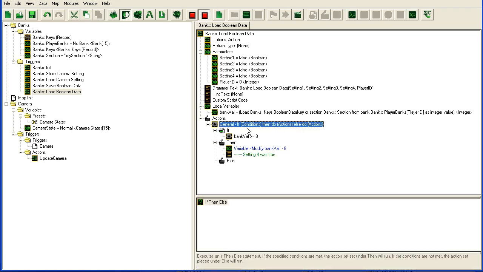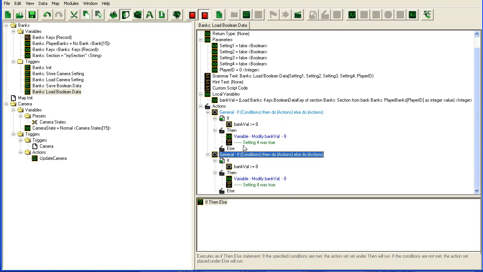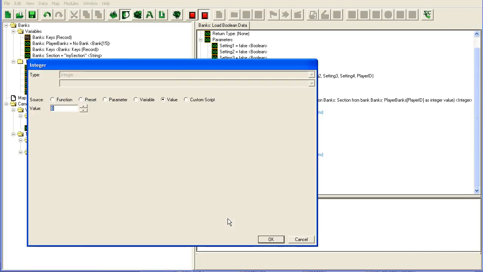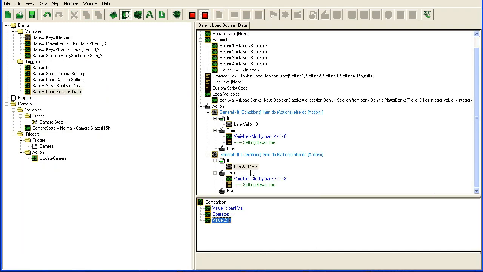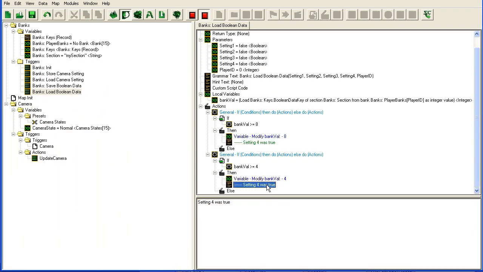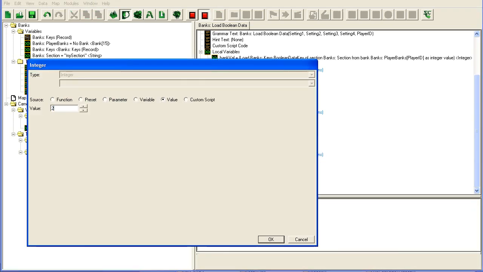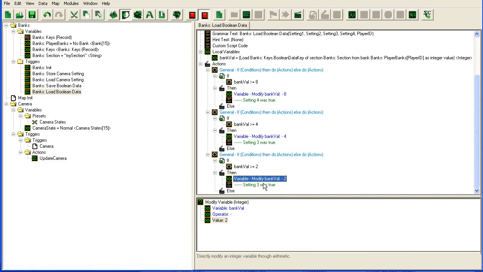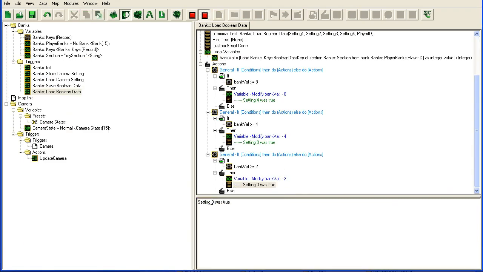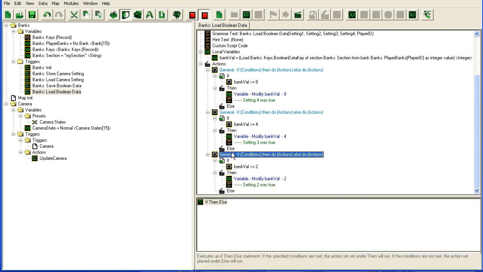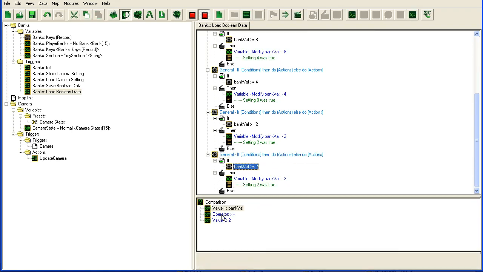So next step up, we add another one, and we check if it's larger than 4, which was the next value. If it is, we subtract 4, and that means setting 3 was true. Once again, larger than 2, and that means setting 2 was true. And finally, if it's larger or equal to 1, that means